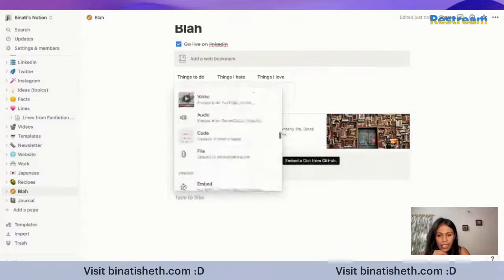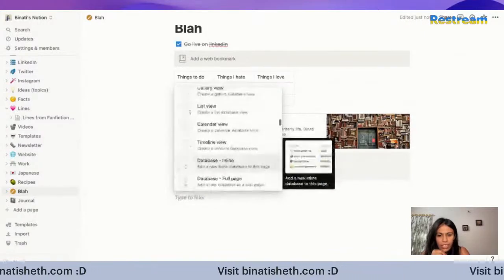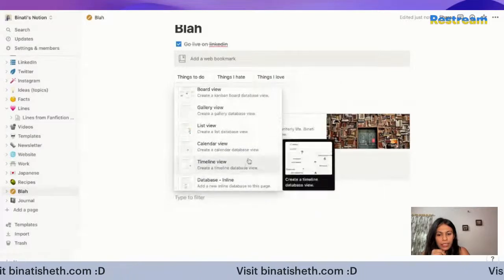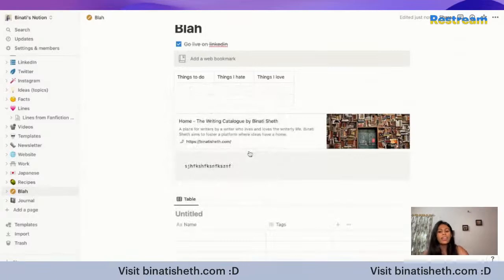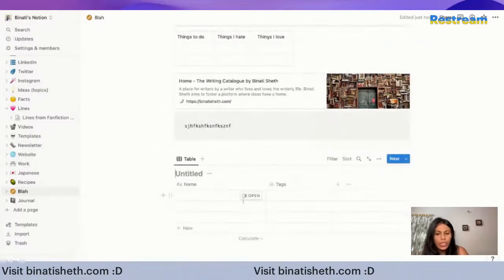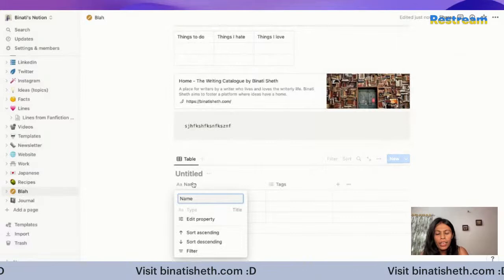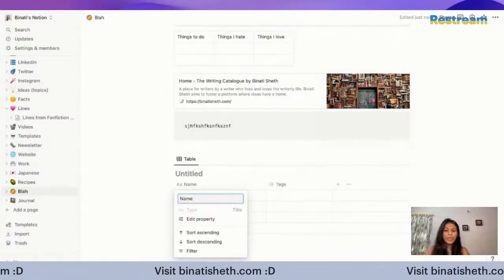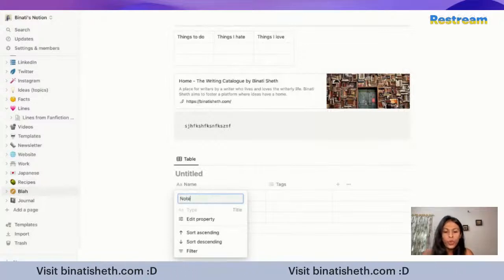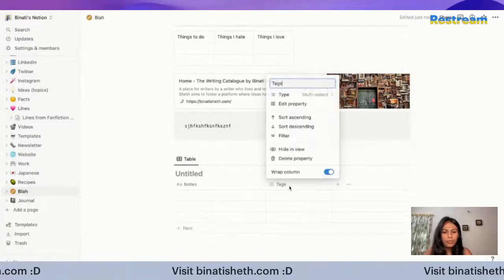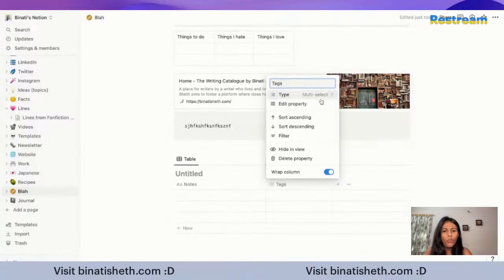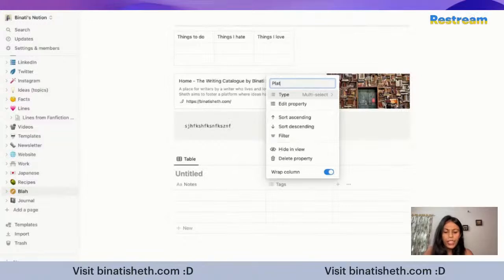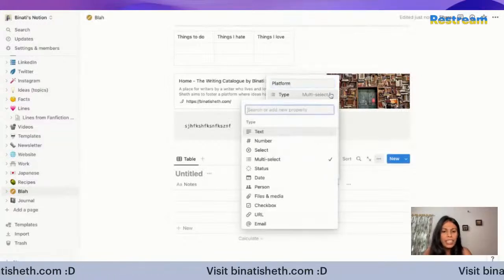You're going to see inline. There you go, database inline. Okay, and this is where you can start building those lists and tables on your own. So say for example that notes page of mine that you see, that's a table I've built on my own based on notes. Then instead of tags, I call it platform because I will take platform specific notes, and I'll have multi select on